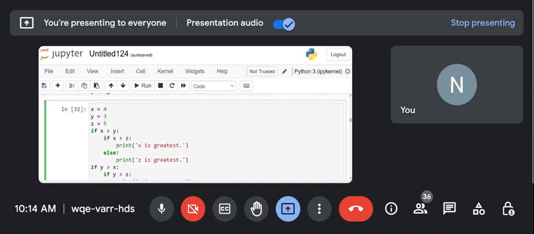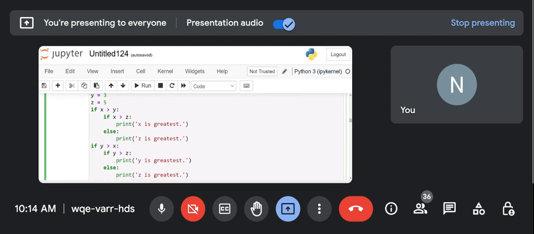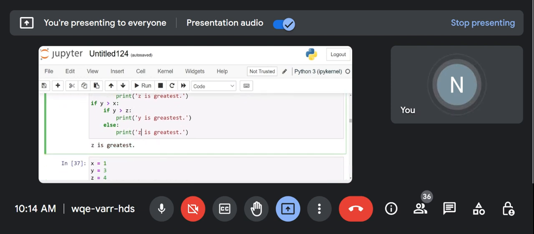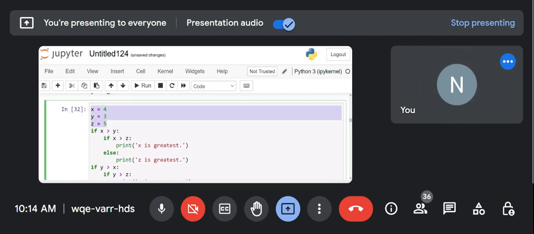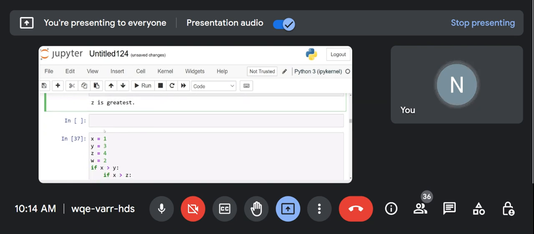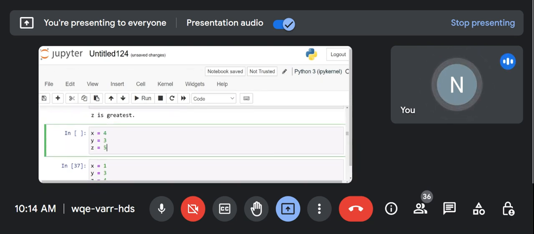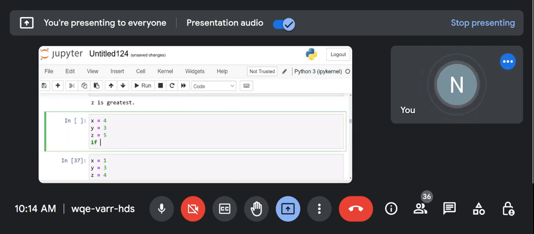Instead of two if conditions, we can write an and operator in between these conditions. How to use the and operator? If x is greater than y and x is greater than z, so I'm taking all these three variables. If x is greater than y and x is greater than z,